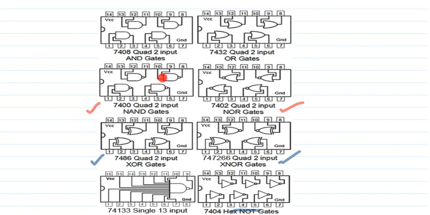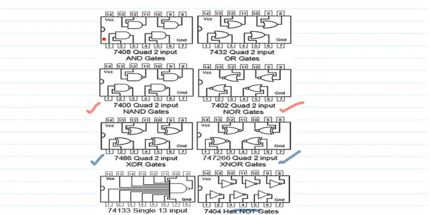If you look at the NOT gate, we have 6 inputs. That's why it's called hex. Hex means 6. So be thorough with the IC numbers as well as the pin configuration. Here we have the notch and dot, so here it is pin 1. We can count the pins 1, 2, 3, up to 7, up to 14.